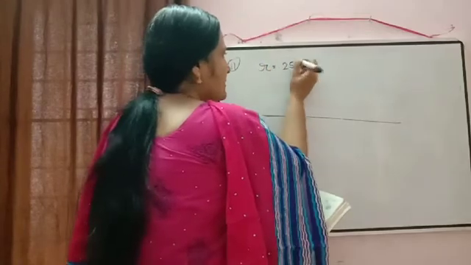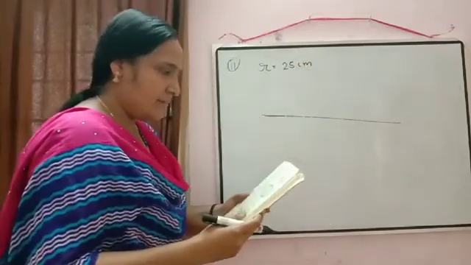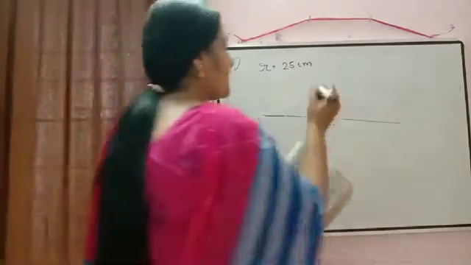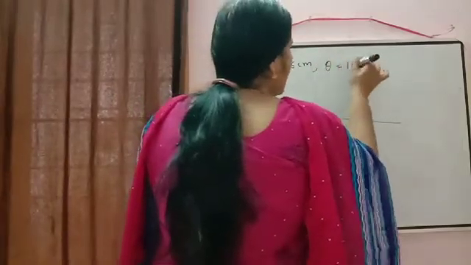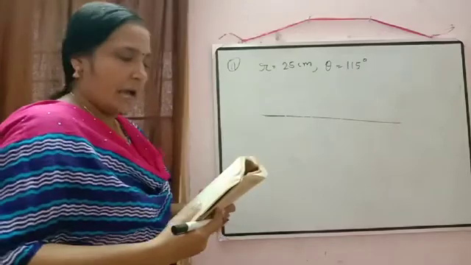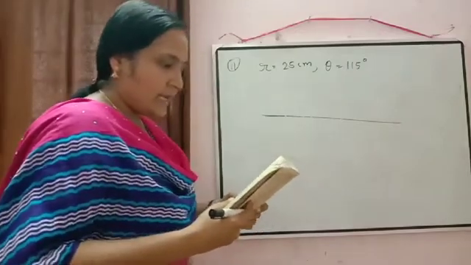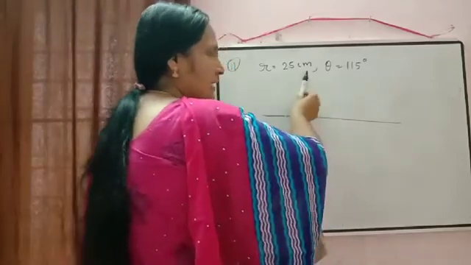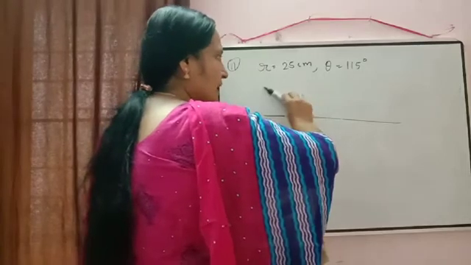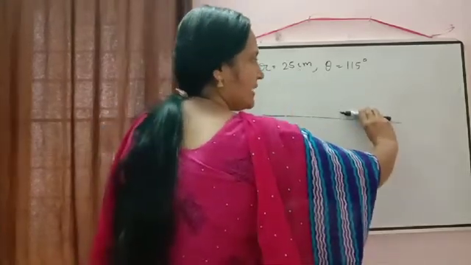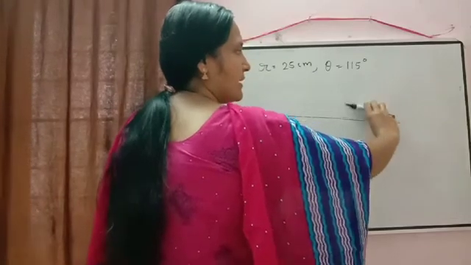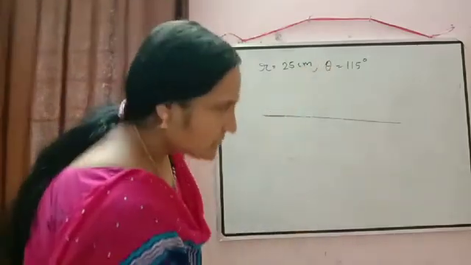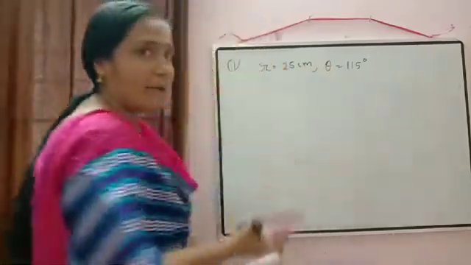So it is given radius is equal to 25 centimeter and it is written sweeping through an angle of 115 degree. Sweeping through an angle of 115 degrees. So 115 degree is the angle at the center. Find the total area cleaned at each sweep. So first sweep, what will be the area cleaned in first sweep there? So this will be the area cleaned by the first wiper and this will be the area cleaned by the second wiper there. So this area plus this area we have to do, and since both lengths are same, in place of adding them, what we can write? Yes, we can write 2 into.